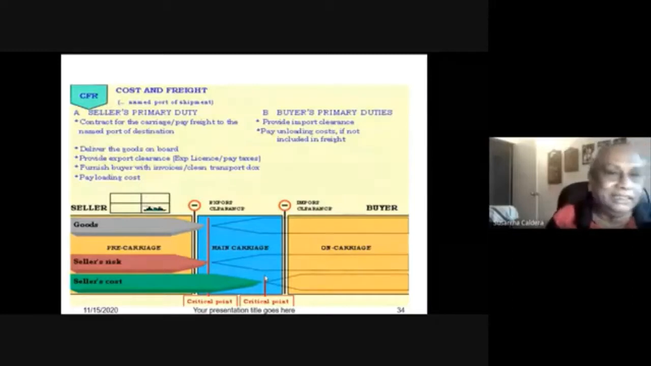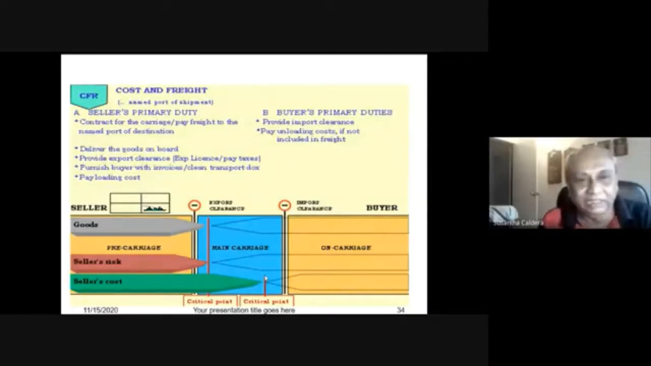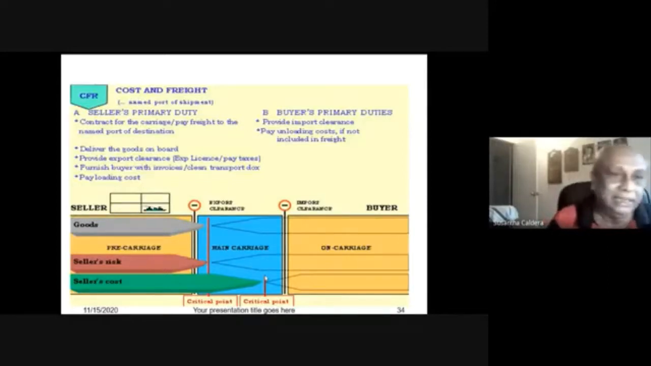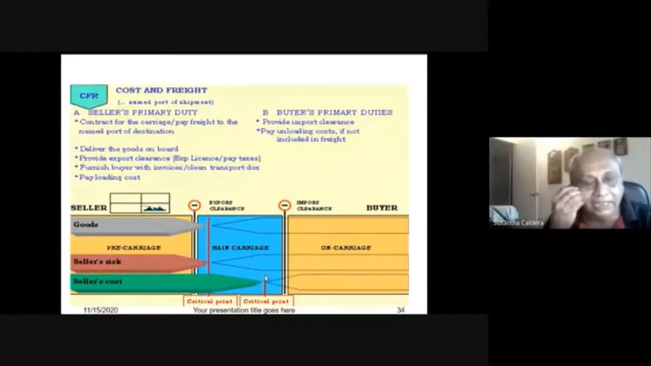The next one is CFR, cost and freight. The common one, cost and freight. Right? Here, it is like FOB, up to the main carriage and we have to load it. What is the difference? In FOB, the freight arrangement of the vessel was paid by the buyer. Here, the freight is paid by the seller. Seller will do the